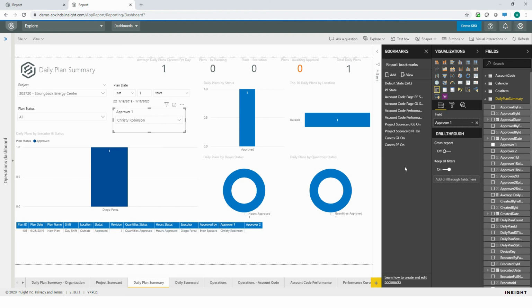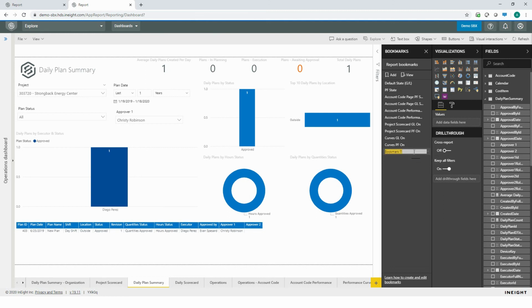Those represent the different states of that performance curves tab. So say I wanted to add a bookmark for each approver that I want to look at so I don't have to dig through that slicer every time. So with the visualizations the way they are now, I'll just click Add, and then a new bookmark will appear in this Bookmarks pane. To rename it, I can double click it, or I can click on this ellipsis button